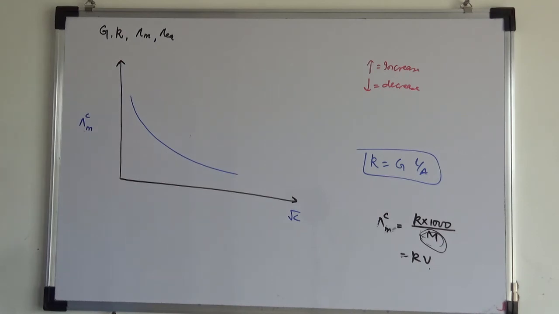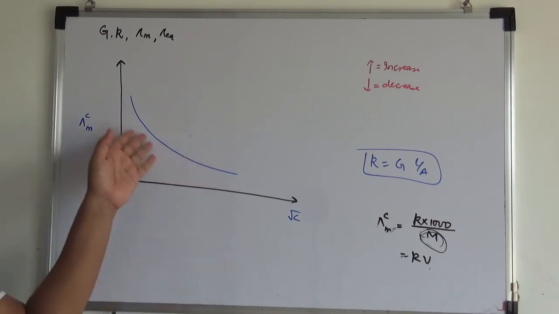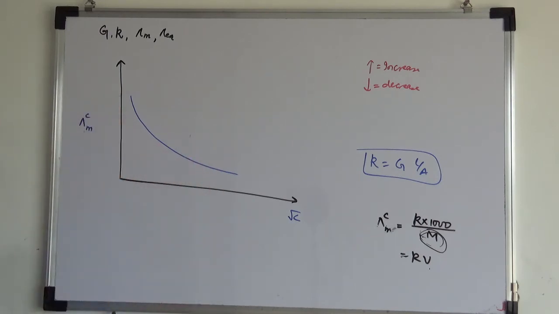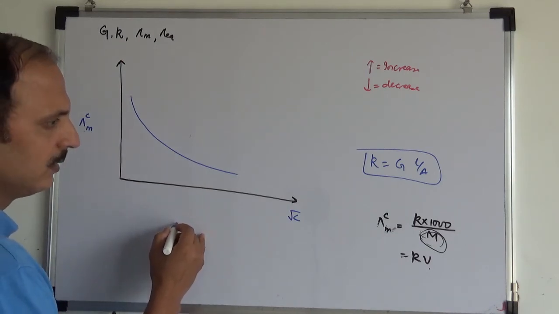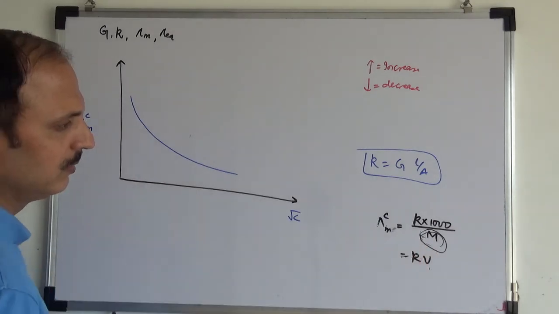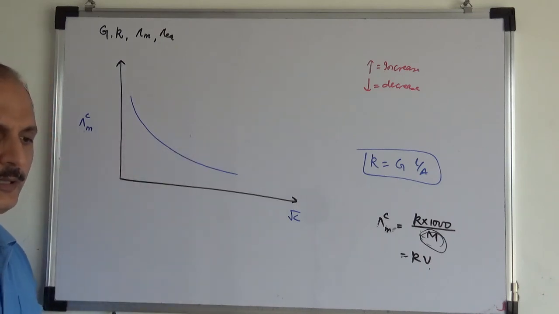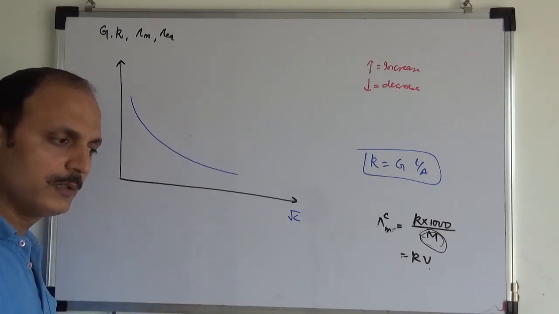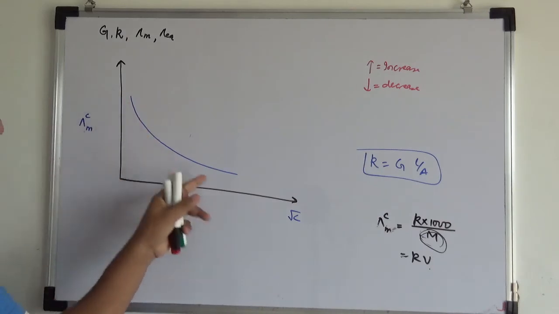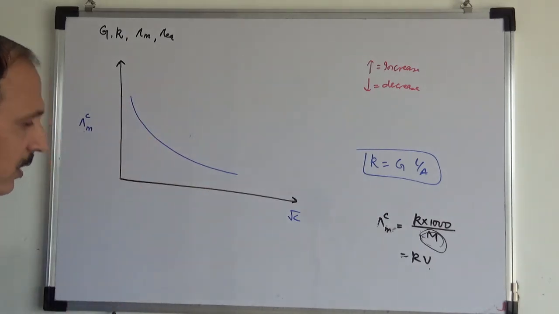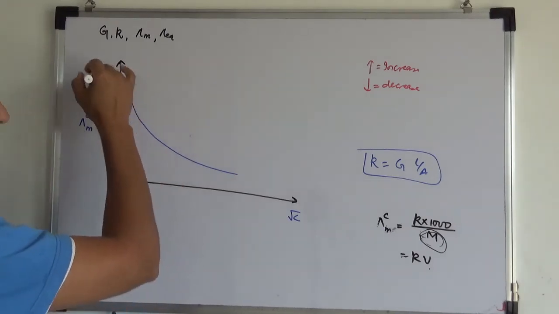Why does it not happen? You can answer this question by yourself: why is the graph coming like this? Because here, molar conductance depends on the molarity. Here there is no 100% dissociation. If it is a strong electrolyte, then that was going for 100% dissociation. So this is an experimental graph and you can see you cannot extrapolate this graph in the backward direction because it is not a straight line.